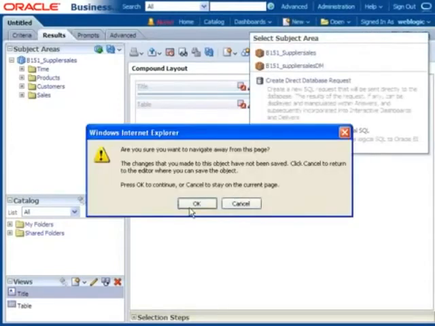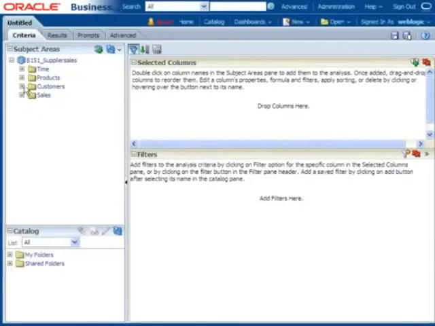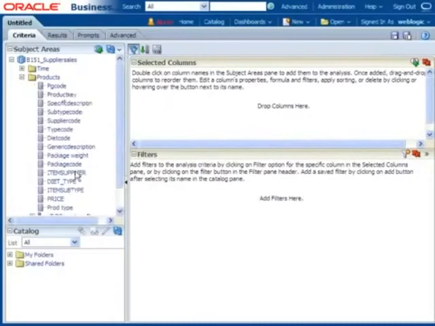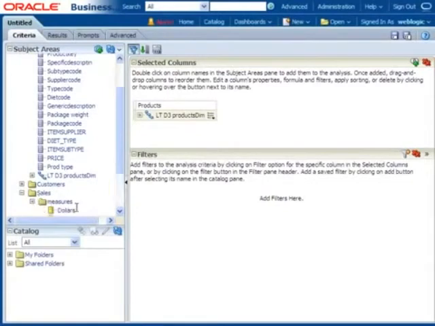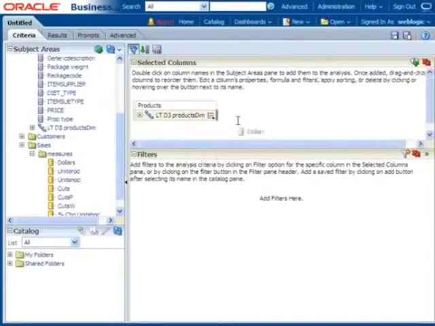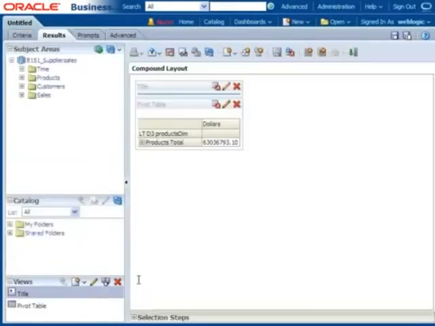Instead of providing this kind of report, if I develop like this report, let us say I am developing like this report. I am going for product hierarchy object I am taking. This is my hierarchy object. Then I am taking sales. In the sales also I am taking measures, that is dollars. Click on results. Now if you see this report, it is giving what level of data, sir? Total, all products, what is the revenue?